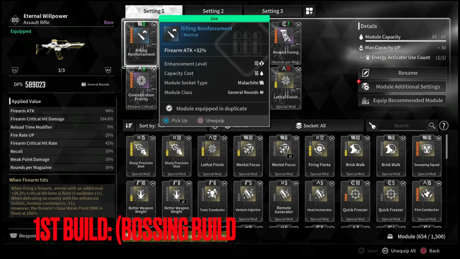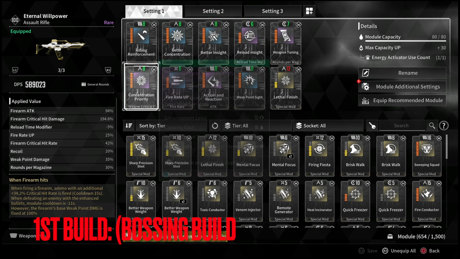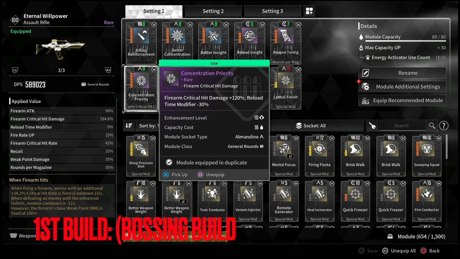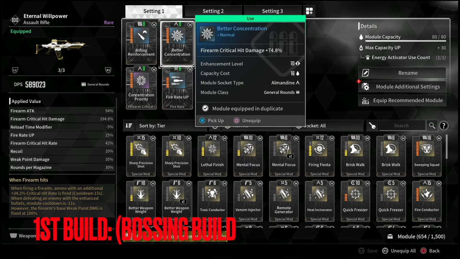Now there's a few things that I could definitely change around on this weapon, but I wanted to keep it general for being able to take it into normal missions and also be able to swap it out to bosses as well. So here's a quick look at all the individual mods I'm running and all the stat boosts that they give me. Now I think this is pretty much as perfect as it gets, but I'll show you guys